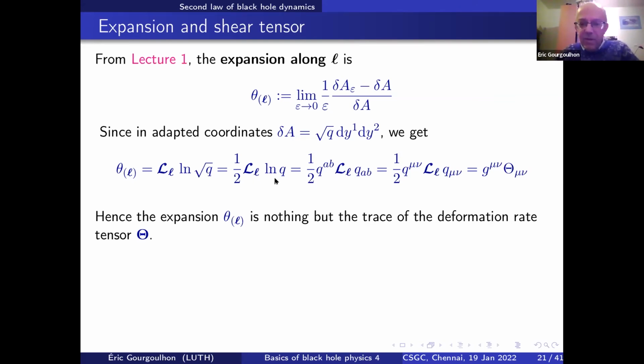And there is a very standard formula. It's just a formula which is valid for any matrix. Actually, if you take the matrix of the components of a metric q with respect to these coordinates, you take the inverse matrix, and the variation of the determinant is related to the variation of the matrix itself by means of this formula for any derivative operator.